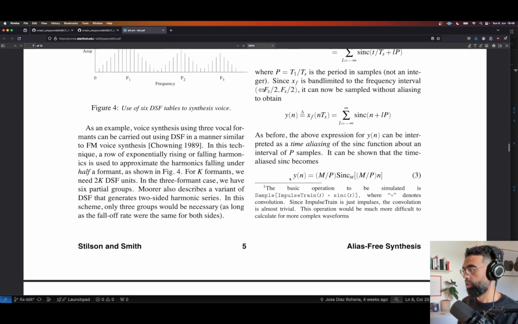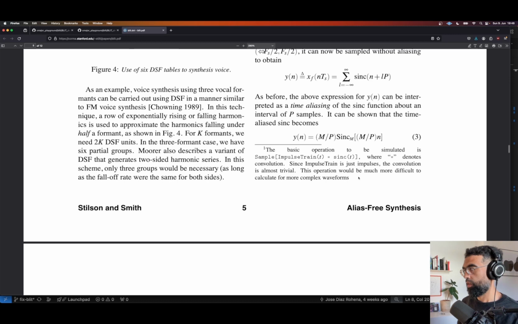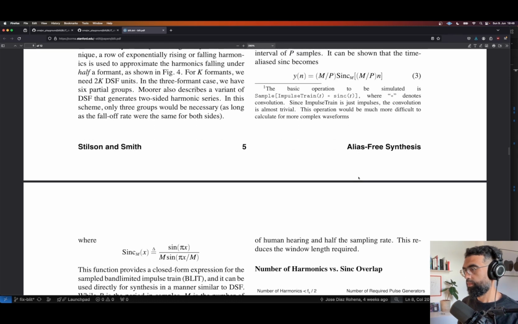So y of n equals m divided by p times sinc, and the argument to the sinc is m/p times n. Okay. Where sinc equals